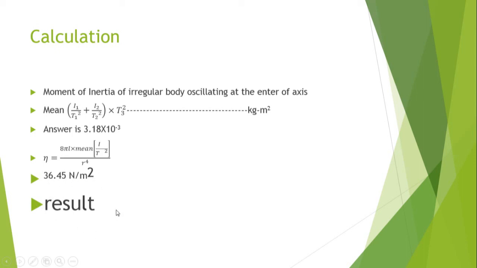So this is a very simple experiment. The difficulty you may find is in counting the time period. You take any one edge as a reference, and for each oscillation you have to count exactly the time period and synchronize the clock with your counting of oscillations. This is the limitation. If you follow this instruction you will get a fine answer. So the obtained values are the moment of inertia and rigidity modulus of the given material wire. We have given a brass wire in our experiment.